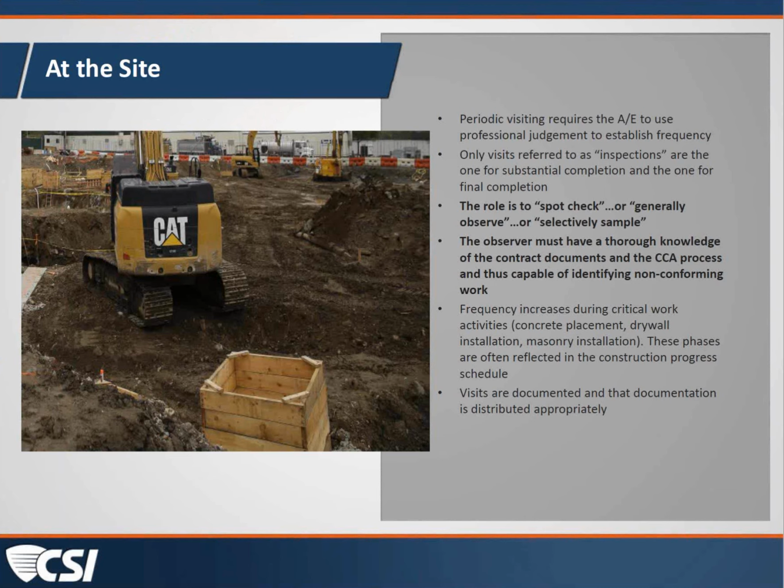So these frequencies of the visits that you make are really connected to critical work activities, concrete placement, or anything that is enclosure or drywall where you might not be able to look at something again. So those phases will be reflected in a construction progress schedule, and then you would select your visits to the site accordingly and make those visits culminate with the proper documentation of your site observation report and the distribution of